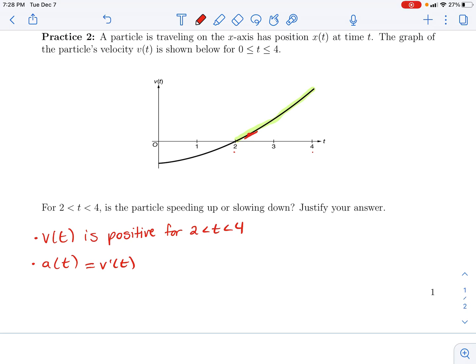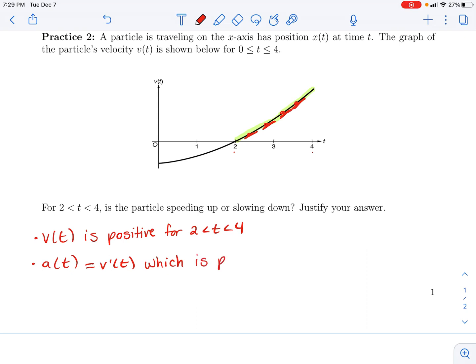So the derivative at a point is the slope of the tangent line at that point. And if I were to draw tangent lines to any of the points on this graph from 2 to 4, hopefully you would say that the slope of all of these tangent lines, that I'm drawing to these points on this interval from 2 to 4, they're all positive. So that means that the acceleration is also positive from 2 to 4,